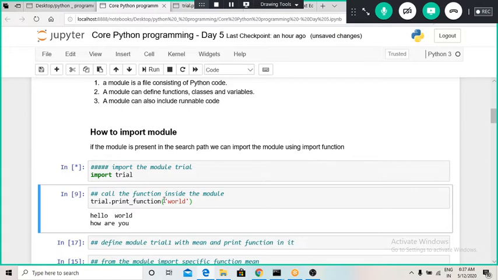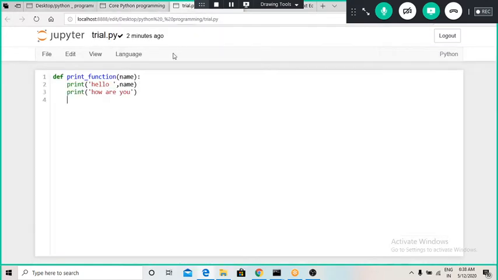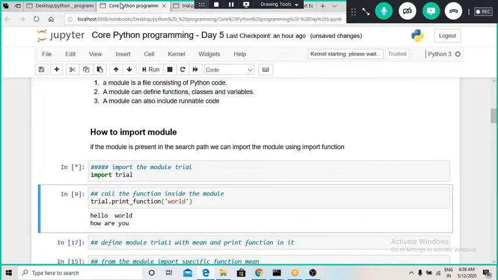After importing this particular module, I can access whatever function I have defined in that module using this type of command. For accessing a particular module I have to use whatever name I have imported, so trial, then I give a dot and then I use this print function, the one defined previously over here. Then as an argument I will give the name world.